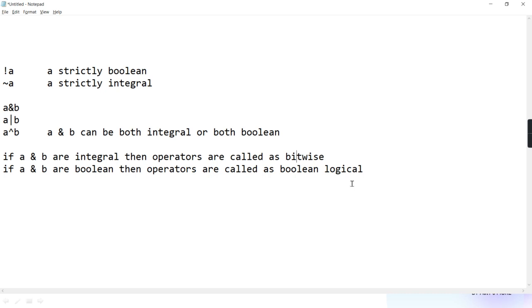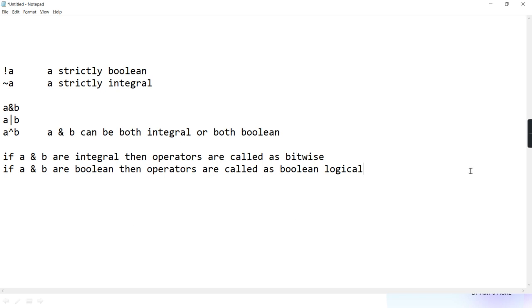Getting, guys? Yes or no? Yes, sir. And this unary, tilde A, is on integral. Here you cannot apply on boolean, and this cannot apply on integer. This is strictly boolean, this is strictly integer.